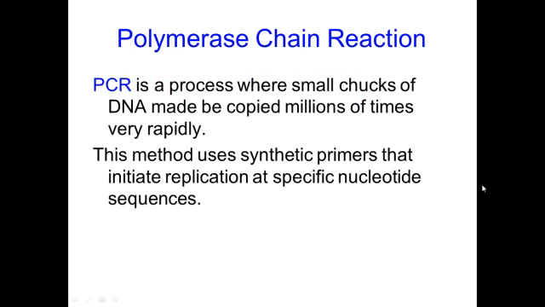Basically, what happens with PCR is that you take a sequence of DNA, and through a series of reactions, the DNA is split, primers are added, it's copied, and then those will be split again and copied again, and it exponentially divides, and you end up with millions and millions of copies. 2 copies, 4 copies, 8, 16, and so on and so forth, exponentially. That's the process. Now, why would they do that?